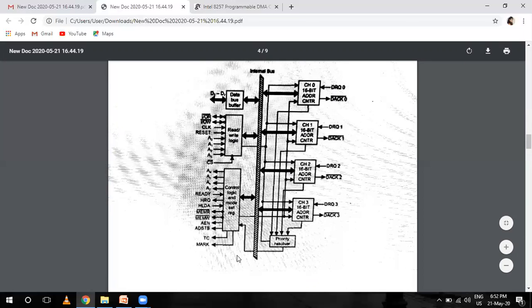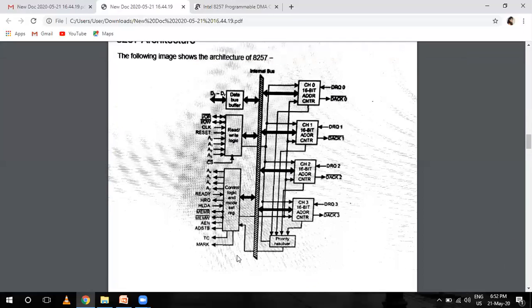Okay, when the CPU reads a DMA address register, a terminal count register, or a status register, the data is sent to the CPU over the data bus. During the DMA cycle, when it is in the master mode, the 8257 will output the most significant 8 bits of the memory address from one of the DMA address registers to the data bus. Fine. And what is the role of DRQ and DACK?